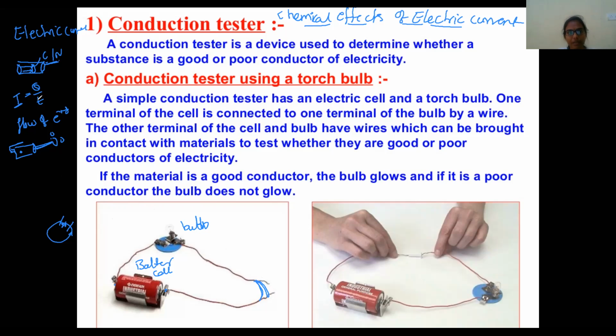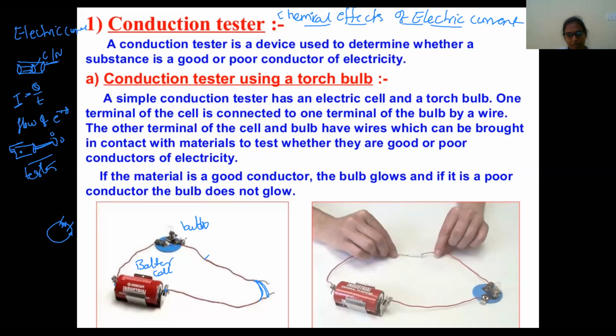What is electric current, and how we are going to test whether current is moving or not moving in a circuit by using a tester. This is a tester, and how can you create your own tester? How can we make our own tester? Just a minute, children. You can make your own tester with the help of a cell, battery, bulb and wires. Two wires are required.